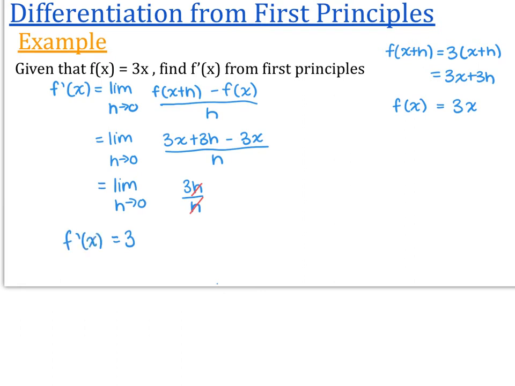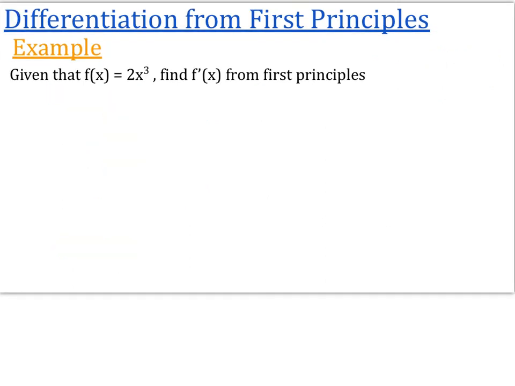All right, let's find a more complicated version of this question now. All right, we found it. This one's definitely more complicated. Given that f of x is equal to 2x cubed, find the derivative from first principles. Okay, so let's start by writing out our definition. So the derivative is equal to the limit as h approaches 0 of f of x plus h minus f of x